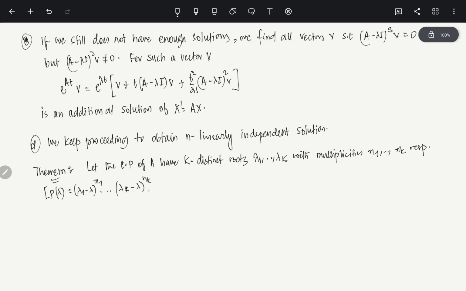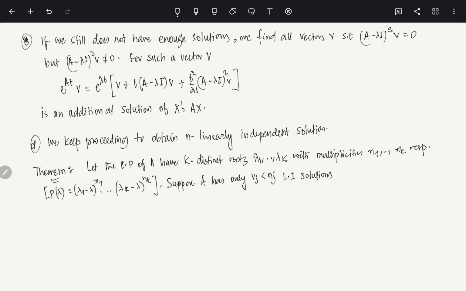This polynomial can be factorized into this. Now suppose A has only vj, which is less than nj, linearly independent